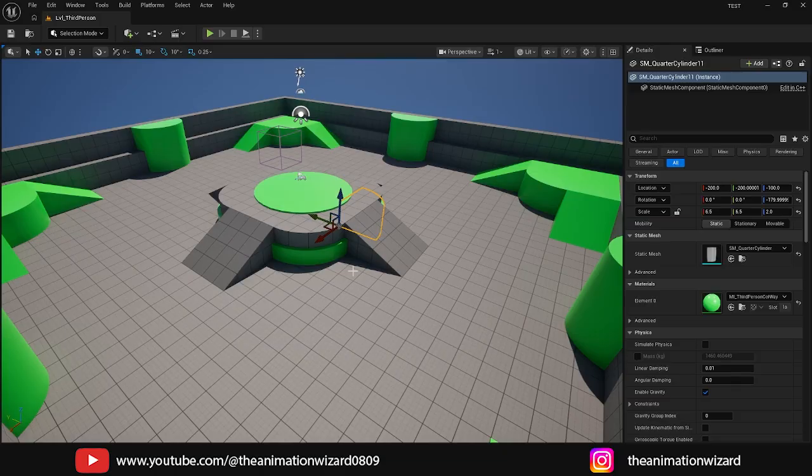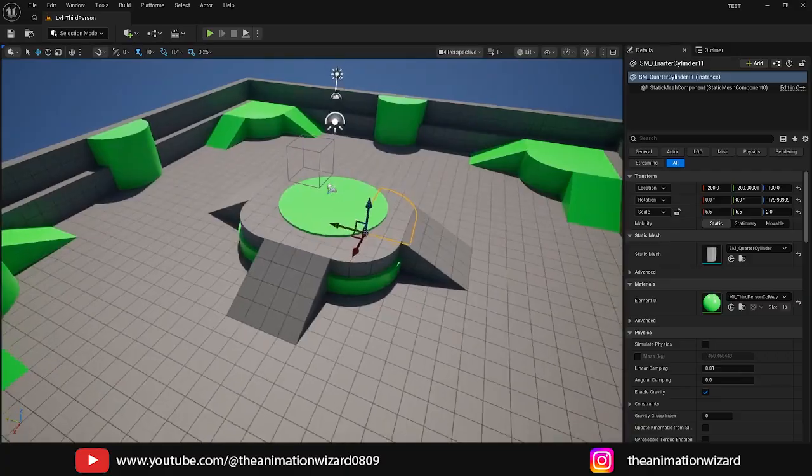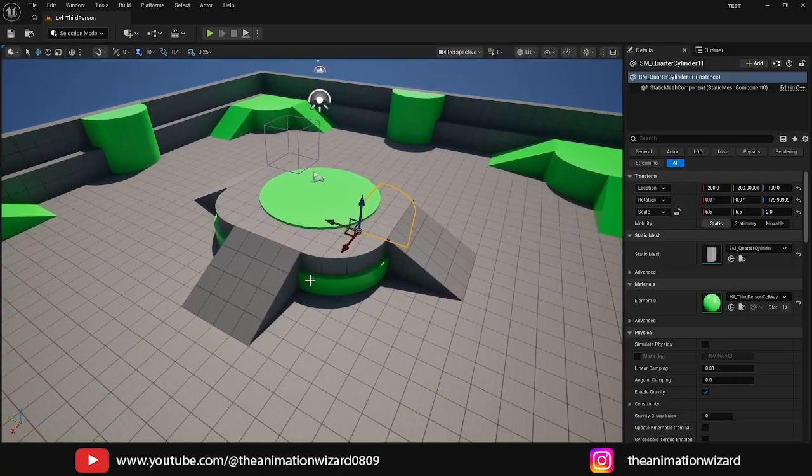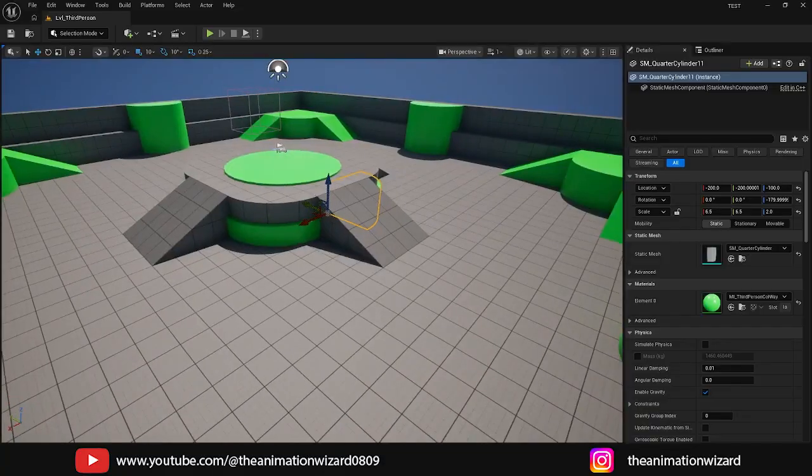So if you are using any 3D software, like for animation, rendering, texturing, rigging, or lighting,